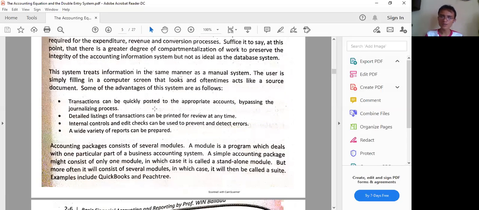So we can now generate the information easily. For example, the first step of the accounting process is journalizing. Once you are able to analyze the transactions properly, which of them should be journalized, the debit, credit, and the amount, we now encode that on the system. In fact, after that, we can generate the report like in one click, of course, with certain data or information that are inputted on the system.